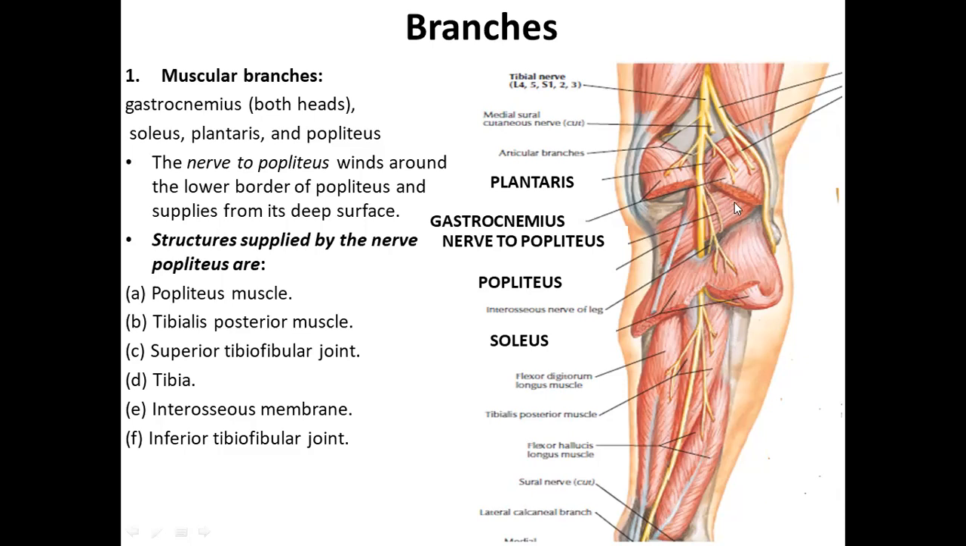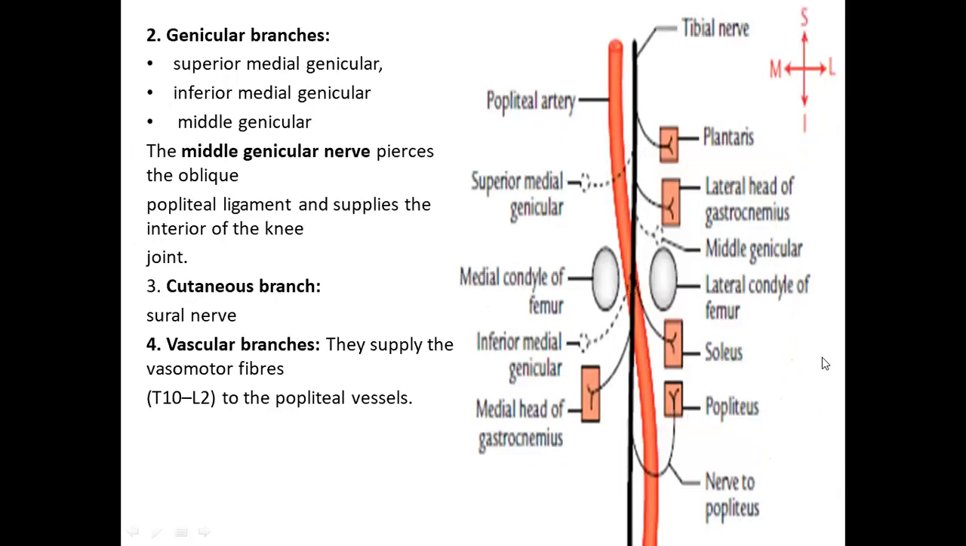And in addition to supplying the muscle, it also supplies the tibialis posterior muscle, the tibia, and the three joints, that is the superior and inferior tibiofibular joint, and the interosseous membrane. Now,